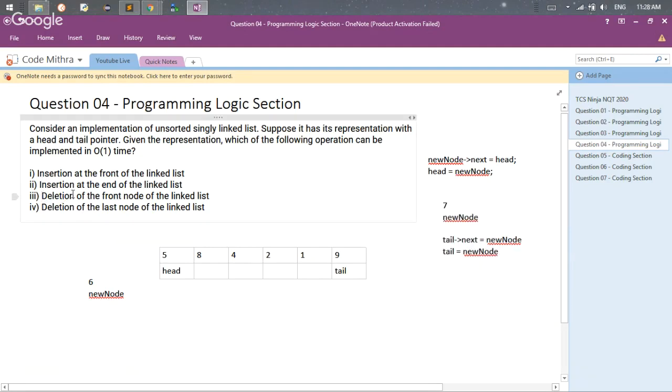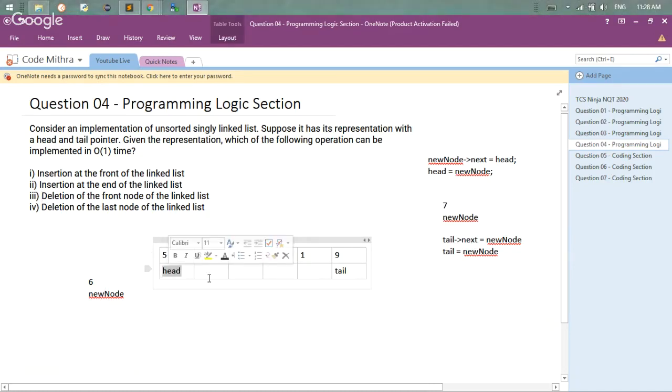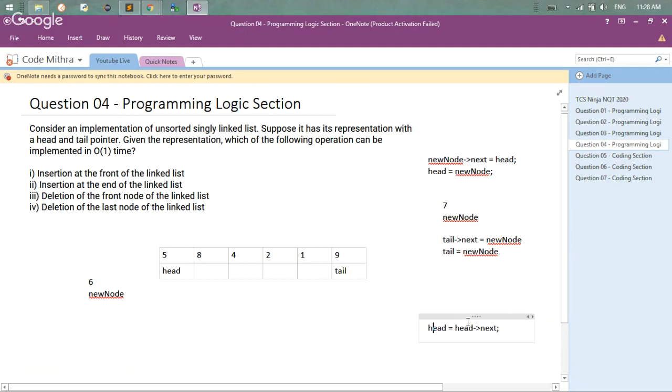The third one says deletion at the front of a linked list. Deletion at the front of a linked list means I just need to change the head. That's it, as simple as that, right? So deletion at the front of a linked list will be very simple. Head is equal to head dot next. That's it, as simple as that,